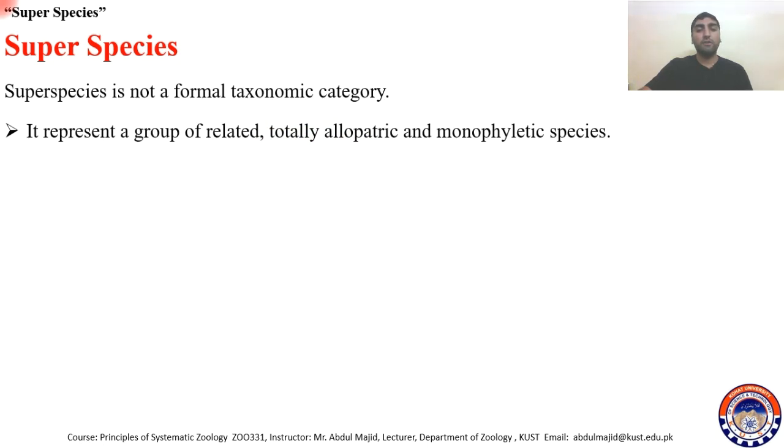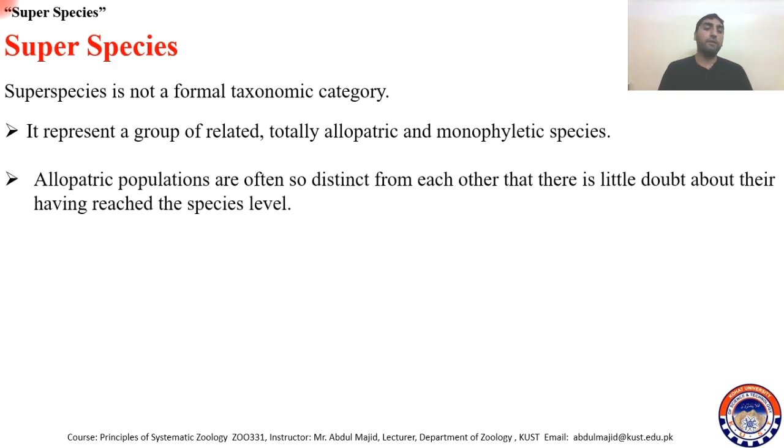And the third thing, which is again very important, is that they are monophyletic species. Meaning the superspecies all belong to the same ancestor. They are descendants, they came from the same ancestor, from the same line. But they are introduced into different geographies and they are now isolated from each other geographically. So, allopatric populations,